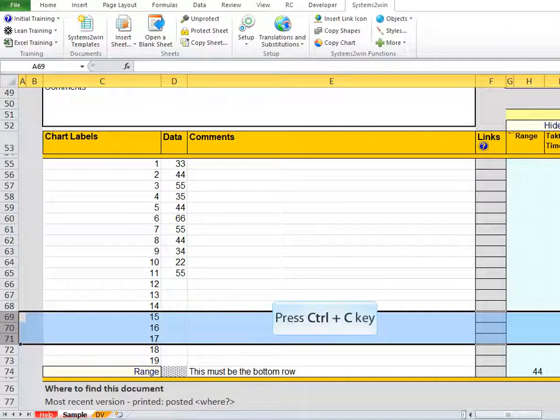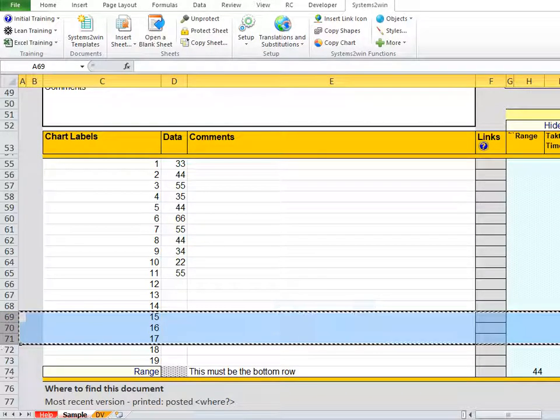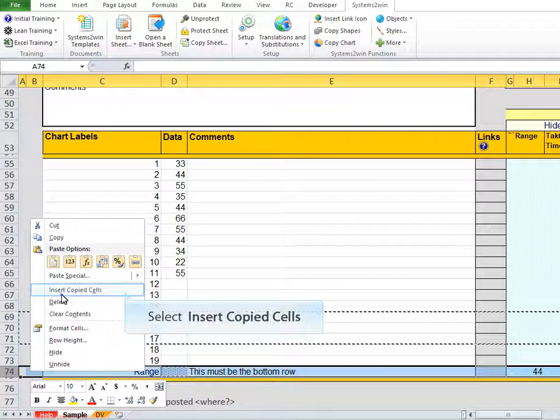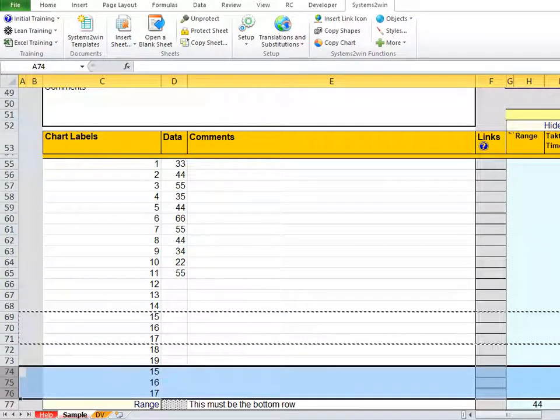Then do it again. Select and copy your rows. Select the entire row below where you want to insert. Then right-click within that selected row and select Insert Copied Cells. On some simple workbooks where there are no formulas, it is safe to use simple insert rows, but it's always safest to instead copy a similar blank row.